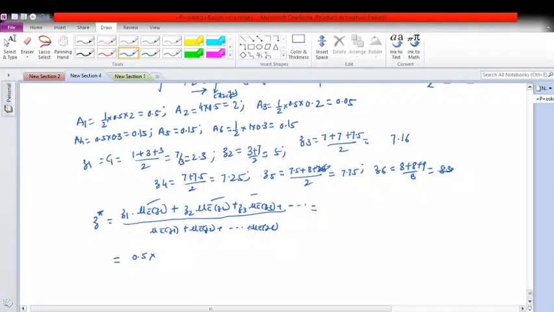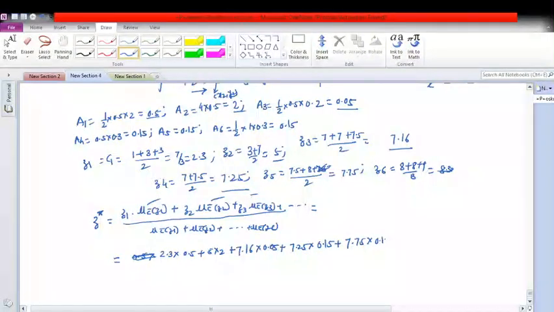0.5 into area is 0.5, z1 is 2.3. So basically I can write interchangeably 2.3 into 0.5 plus second is z2 is 5, a2 is 2, so it is 5 into 2 plus z3 is 7.16, a3 is 0.05, so 7.16 into 0.05, z4 is 7.25 into a4 is 0.15, then z5 is 7.75 into 0.15, then z6 is 8.33, so 8.33 multiplied with a6 is 0.15